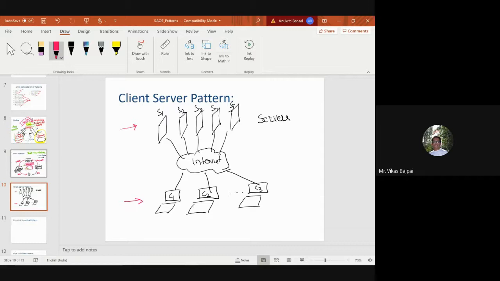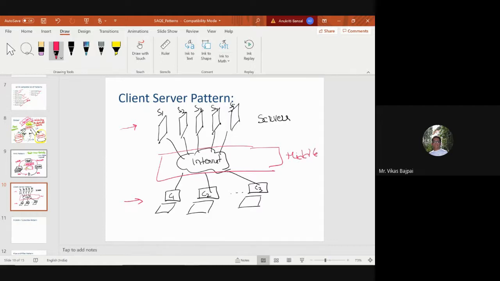Now, any day-to-day example? Any day-to-day example? E-commerce, right? Google, everything. Yeah. So a very popular one. Now, in some of the cases, you'll find that there will be a middle tier.